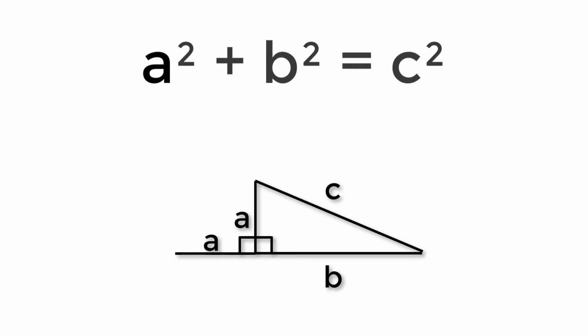Now let's see where the equation comes from. The key to the algebraic representation of the formula is that a squared literally means a is being made into a square instead of just a line. In other words, a one-dimensional side length is multiplied by itself and could be thought of as a two-dimensional square, which, as we know, has an area of length times width, which in the case of a square is simply the same value, thus a squared.